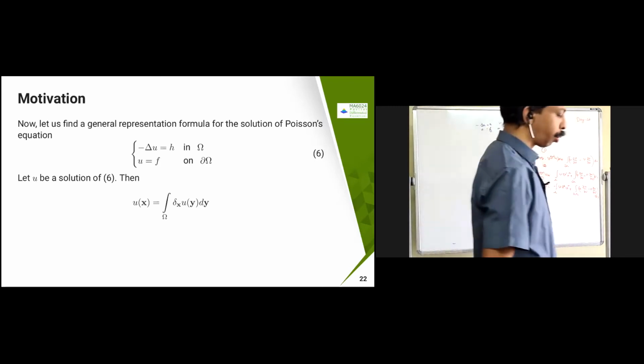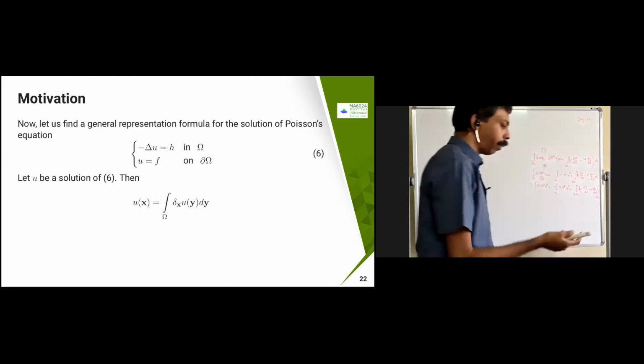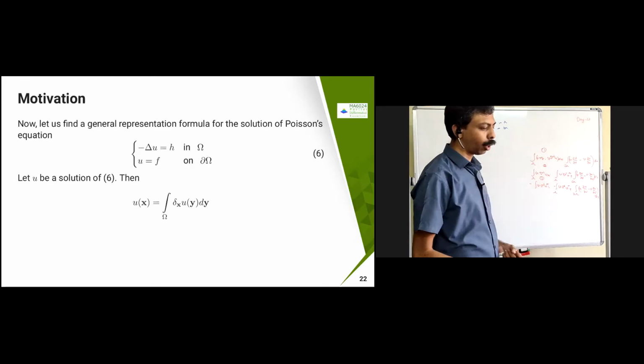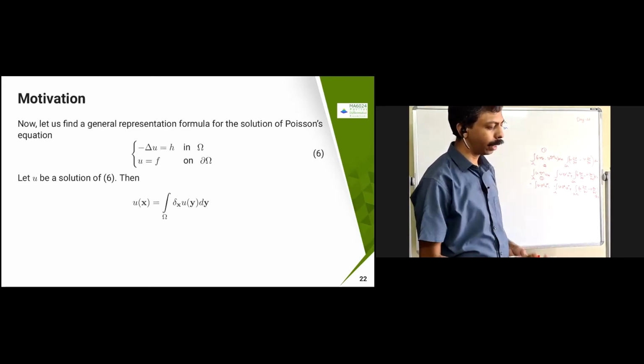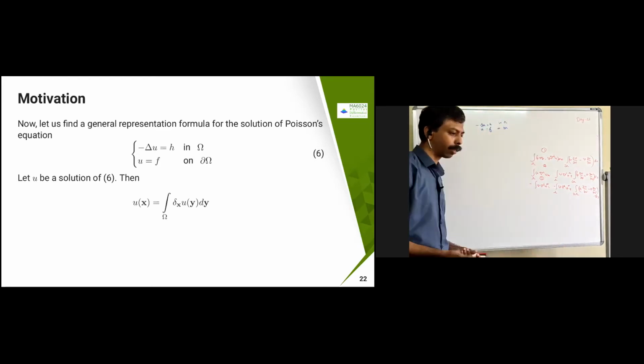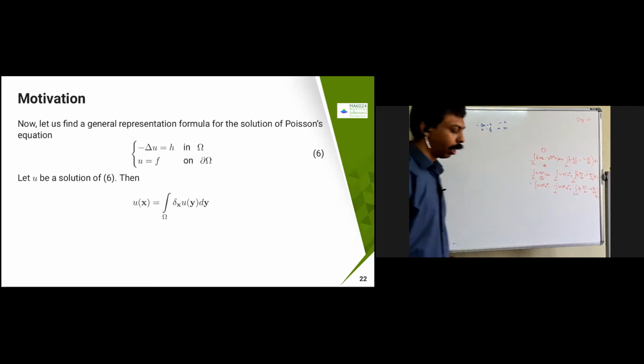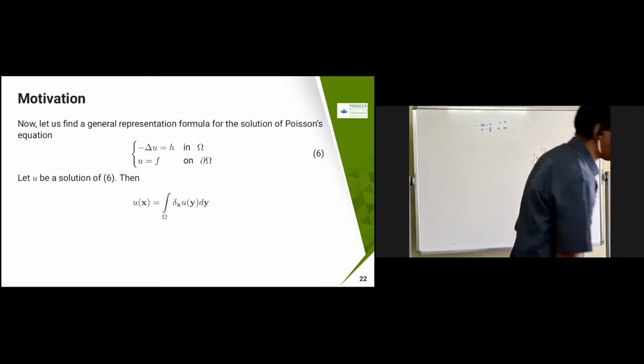Suppose u is a solution of 6. Then we have already seen that if we just take u of x equal to integral of delta x, u of y dy, that is going to be the solution of 6. This we have seen already in one of the classes. So from this one only we are going to derive